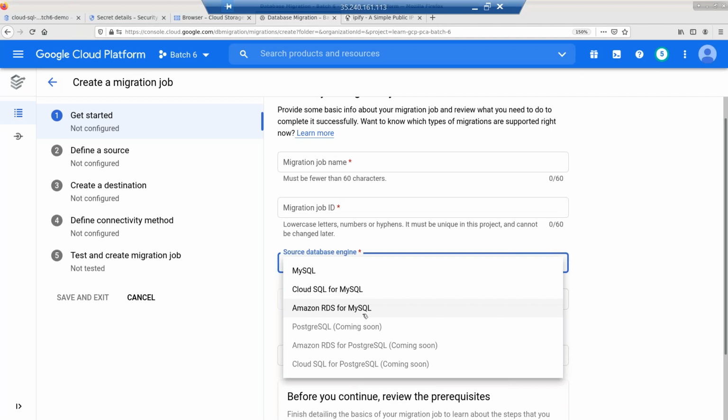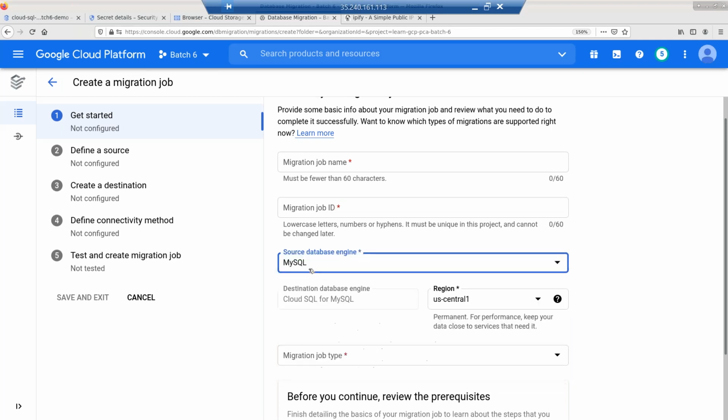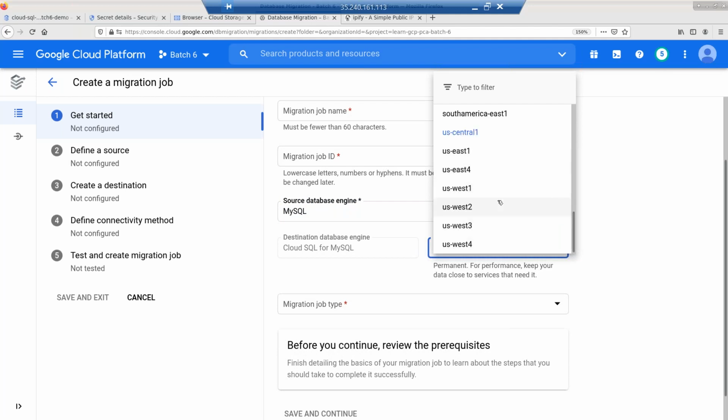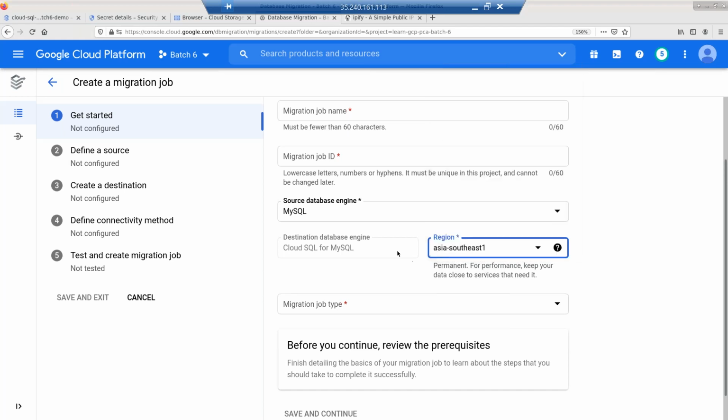Now, if you want something yourself, you are a DBA, an expert working in databases for a long time, you know how to handle it. You can do it in a different style altogether. But if you want to use a managed service, this is something which you can use. So you mention the source, and you mention what your destination is. The source could be anything. The destination is always going to be GCP. If I select Singapore,